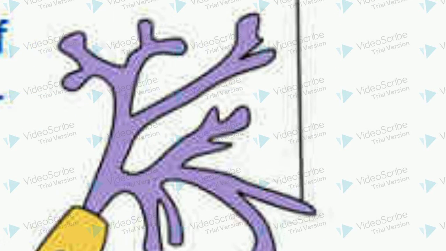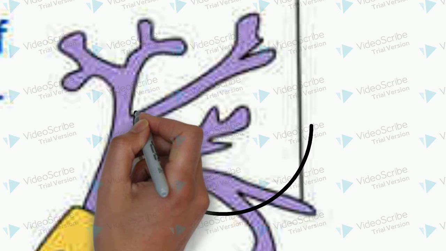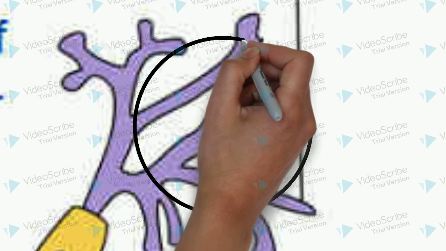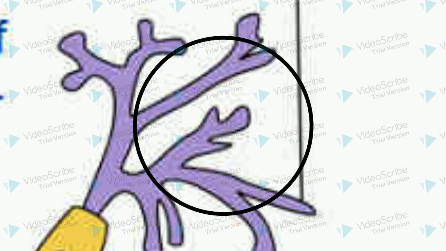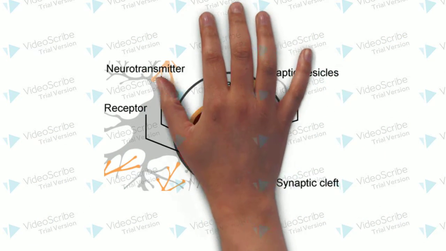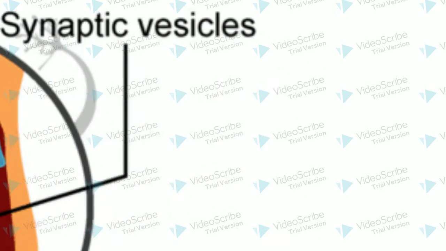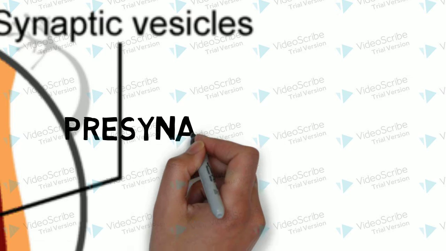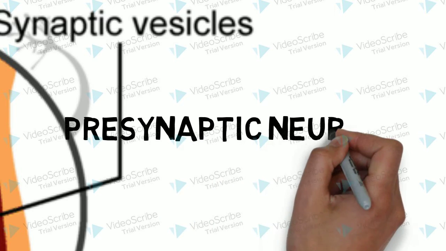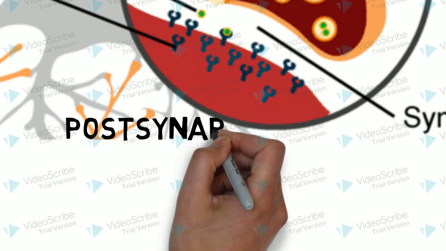Once the communication reaches the axon terminal, this is where the neurons talk to each other. So what exactly is happening in the axon terminal? The axon terminal is located at the end of the presynaptic neuron. The presynaptic neuron meets the postsynaptic neuron, and there is a gap known as the synaptic cleft. So the presynaptic neuron brings the communication down to the axon terminal, where it will then communicate with the postsynaptic